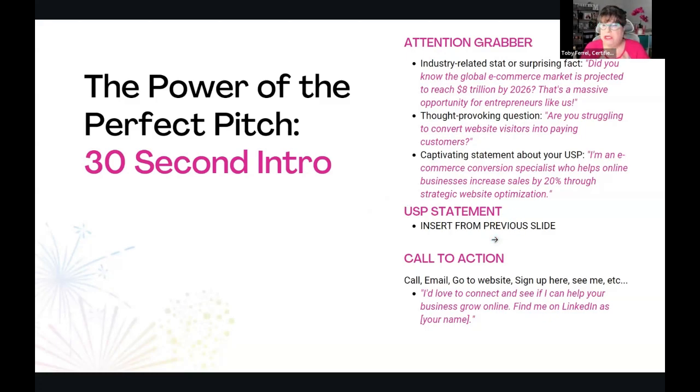So right now, what you want to do, Myrtle, is just come up with an attention grabber. If you're going to use a statistic or anything like that, it doesn't have to be accurate for this purpose. Just make something up. Obviously, if you're going to do it in real life, you want to do some research. You want to make sure whatever you're stating is an accurate fact, to the best of your knowledge. So we're doing that.